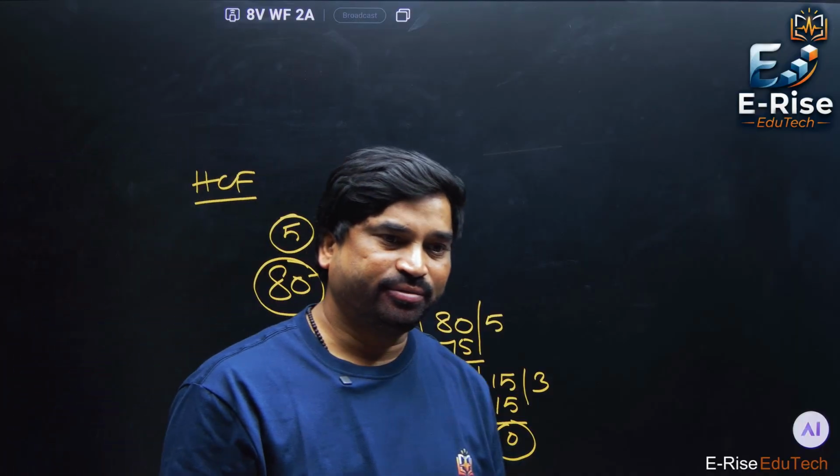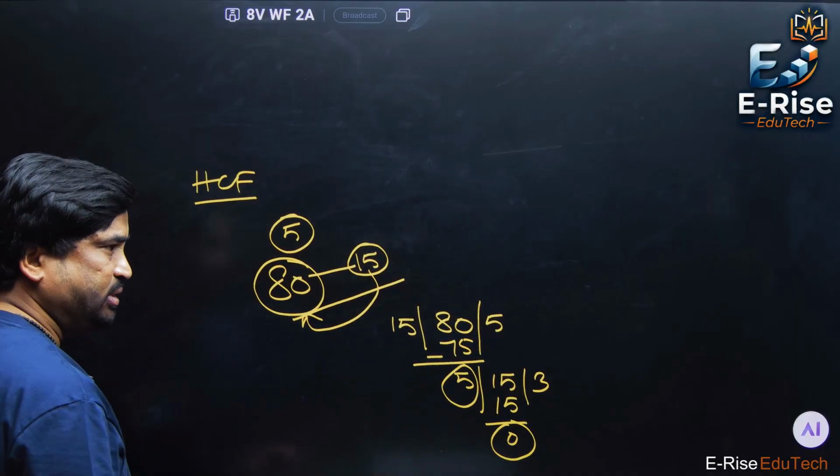Minimum highest common, 5 people handled. But what about the 5? Just leave it. That is the common factor to find out. Highest common